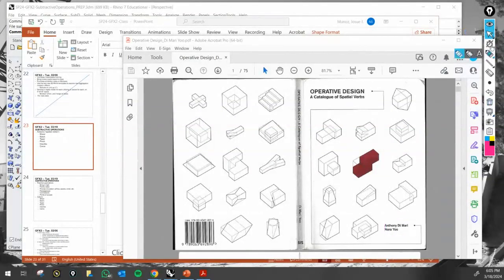Within it, we learn a number of spatial verbs that allow us to edit geometry. And it's a very dense book. There's a lot of stuff in it, a lot of actions, a lot of verbs, and a lot of inspiration,